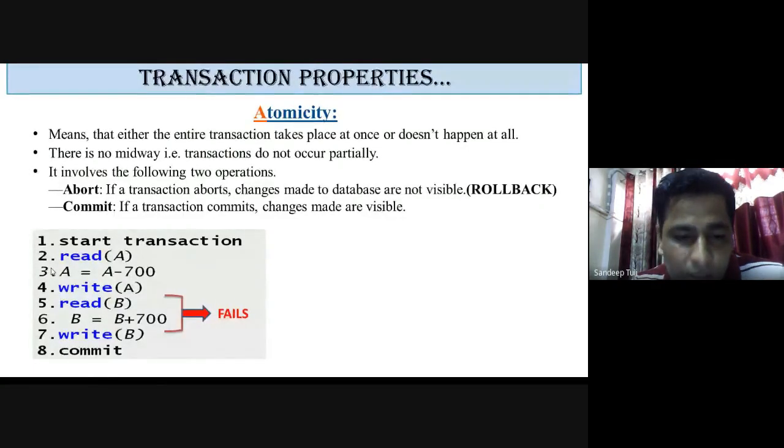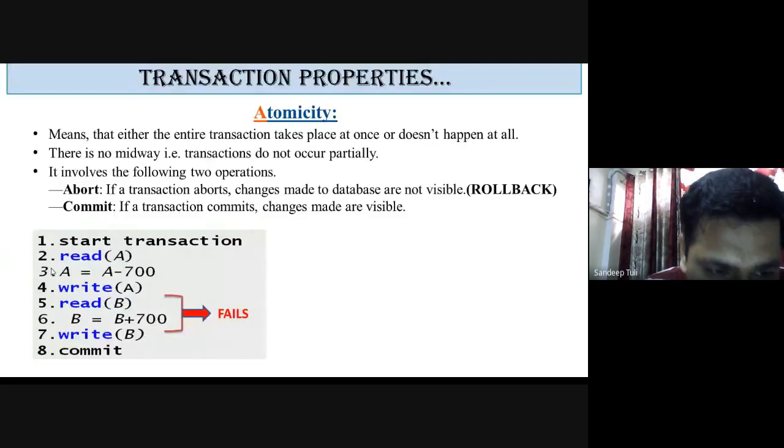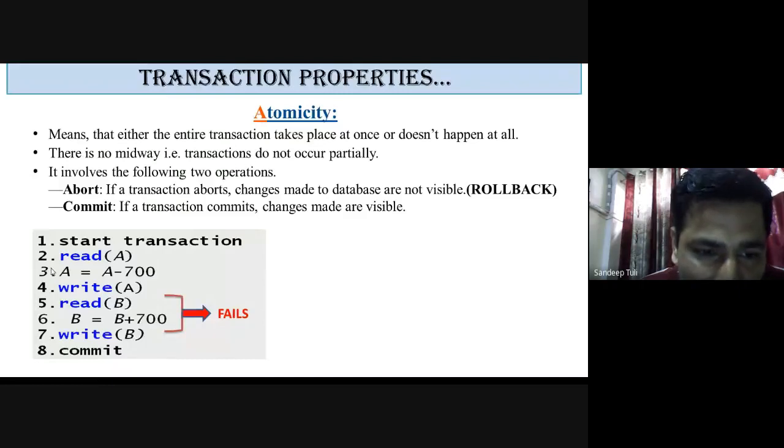Also, the second point is that the first one is it needs to be rolled back. The second point is up to which point it needs to be rolled back, up to which statement: statement number 4, statement number 3, or statement number 2, or statement number 1. It also can be handled through some commands actually. So we can maintain some save points. You can underline the word save points. Save points should be there in the programs in order to ensure that at that particular point only the transaction will be rolled back.